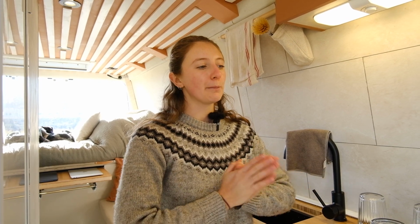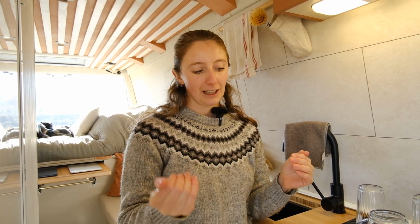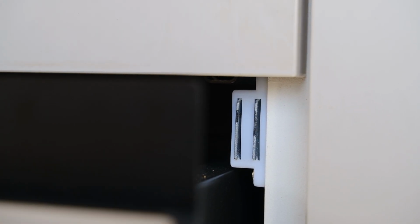I wanted to do a quick sum up of, now that we've been living in the van for the past 3 months full time, kind of what we've learned, if we would have done anything differently with respect to the kitchen. One thing that it took us a while, the first few weeks, every time we would start driving, drawers would open, cupboards would open, things would fly out. So we did have to try a few different mechanisms to keep things closed. Our best bet in the end was a mix of clips and magnets being our best friend just in general